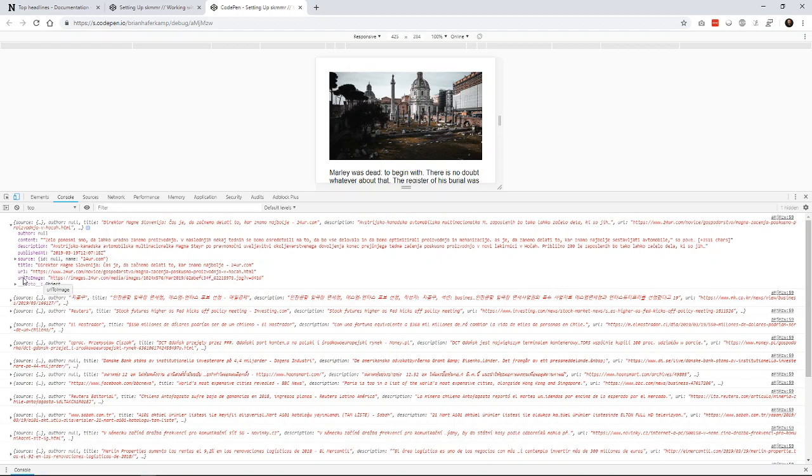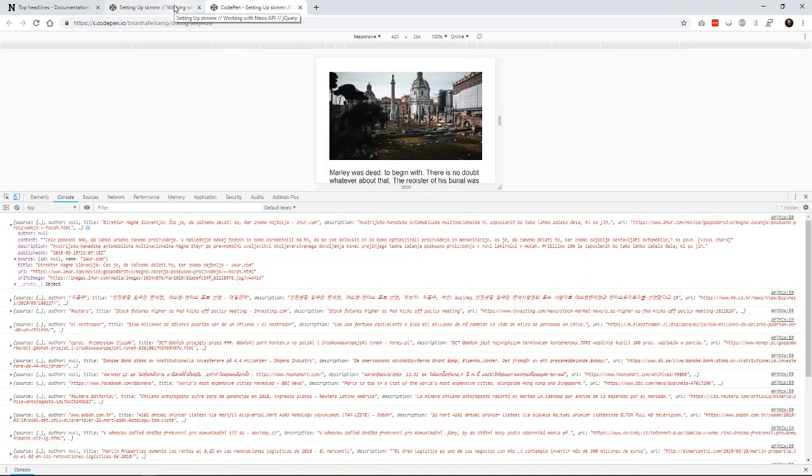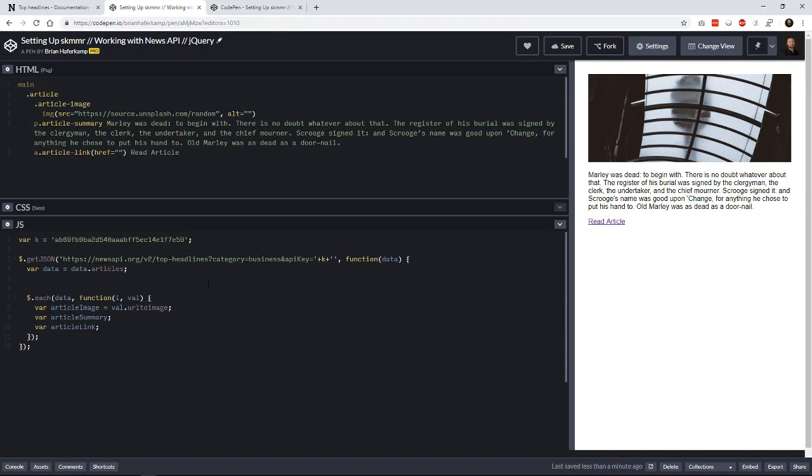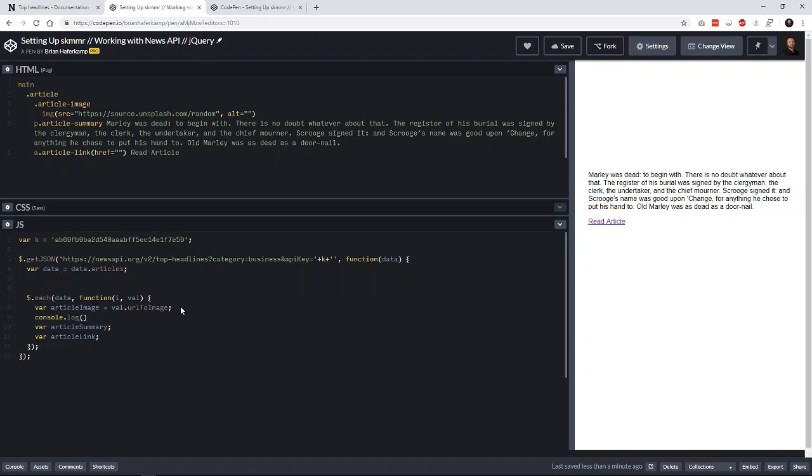The first one that we want is the URL to the image. We want to be able to display the image in our application or website. So we want to do val.urlToImage. Is it all uppercase? Okay, that's camel cased. So you have to make sure that these are exactly what it says. So we're just going to console log that. I just want to make sure that we're getting